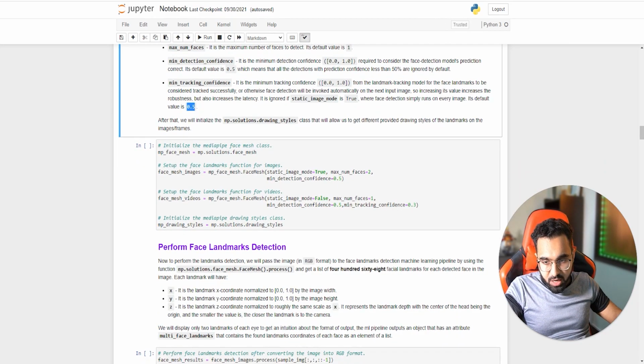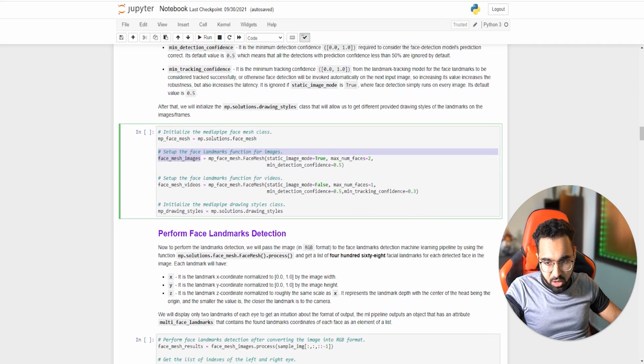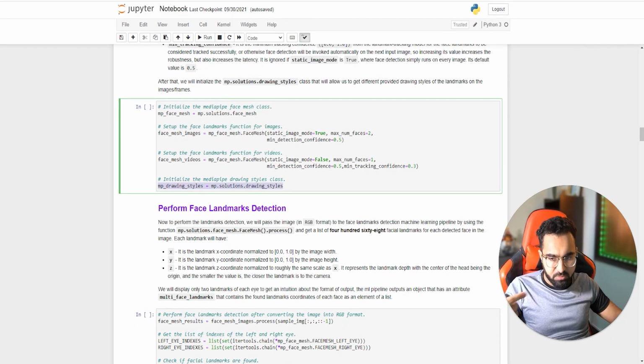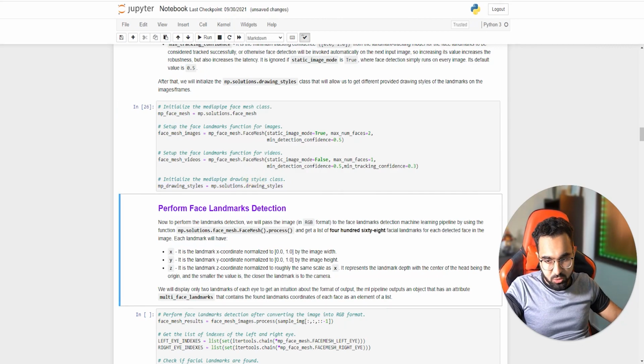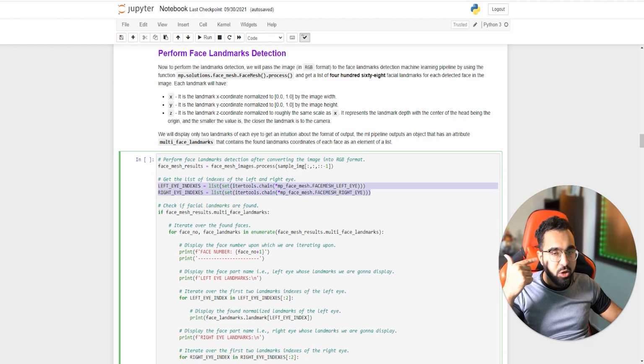So anyways, once we initialize the facial mesh model, I'm also initializing the drawing class again, and I'm just gonna run this to initialize this. After that, what I'm gonna do is optionally load up the indexes of the left eye and the right eye. You can load up indexes of any facial part.